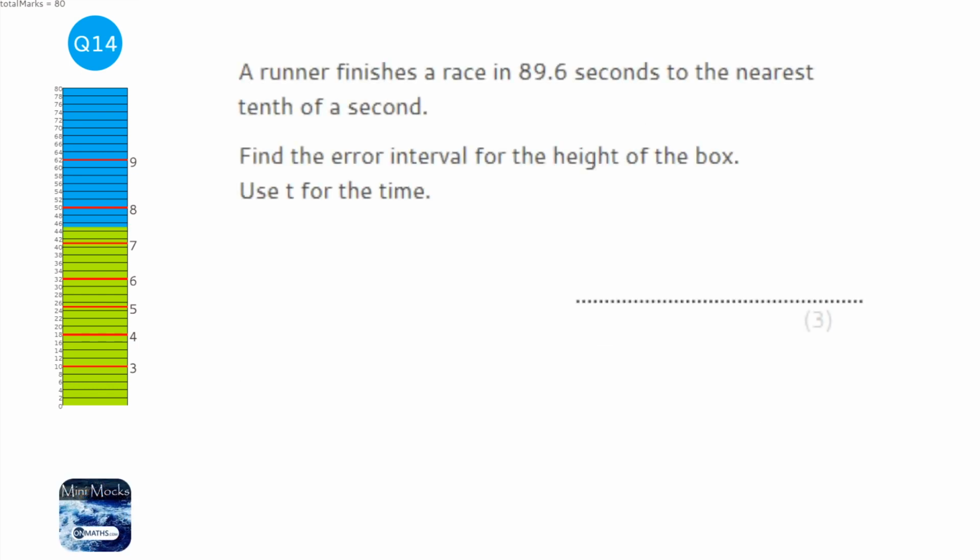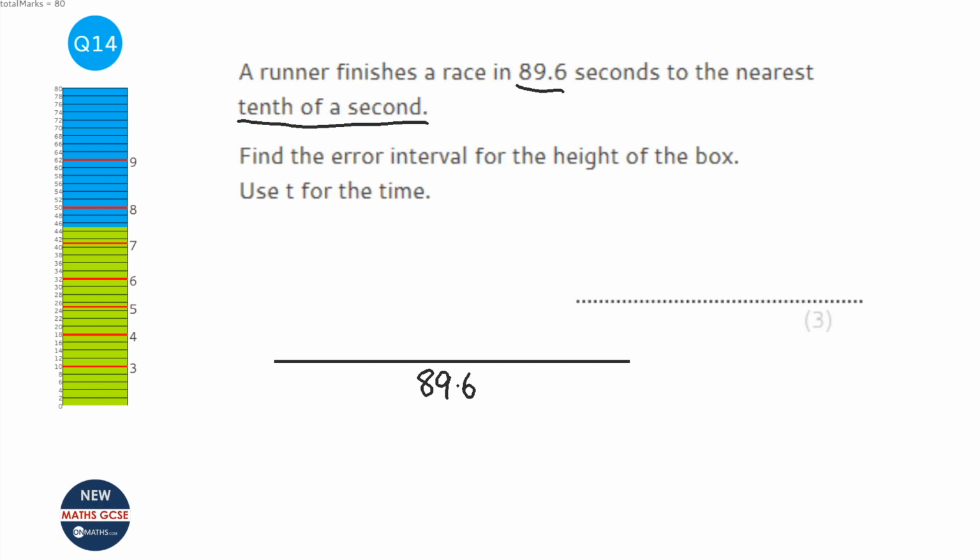Okay, so to do this question, I'm going to start off with a number line, and I'm going to put the number given to us in the question in the middle, so 89.6. Now it says it's to the nearest tenth of a second, so what I want to do on the left hand side is put the next number down. So what could it have rounded to if it was slightly less? Well, the next one down would have been 89.5, and the next one up on the other side would have been